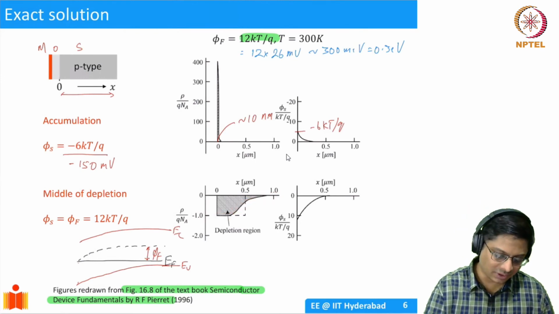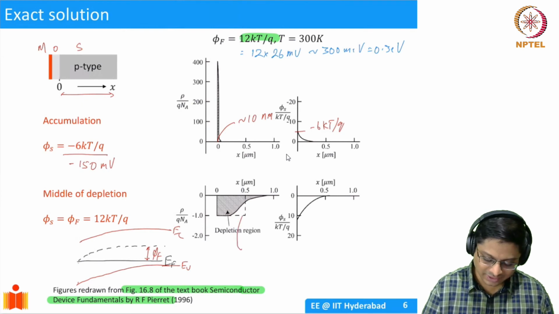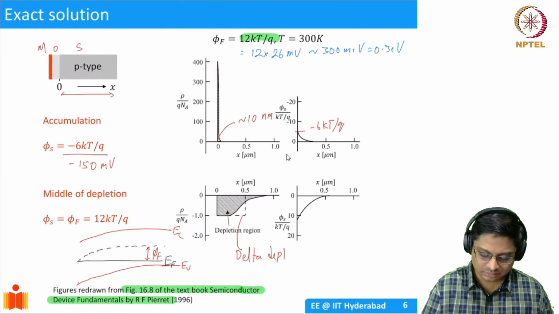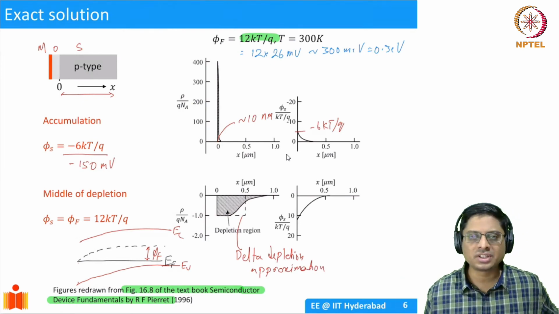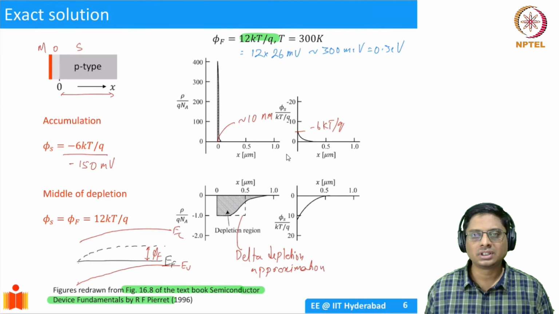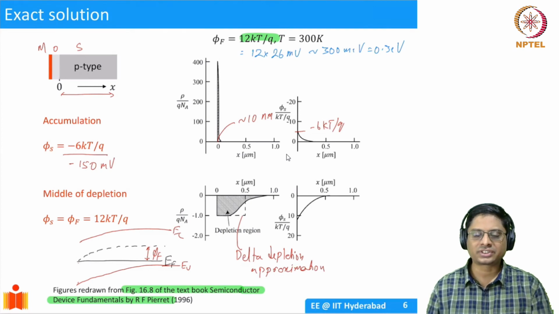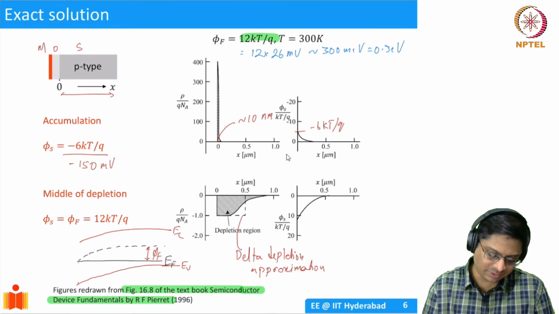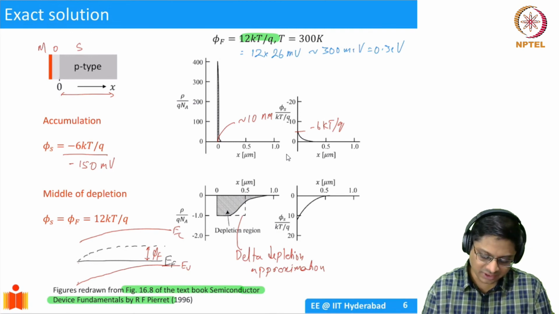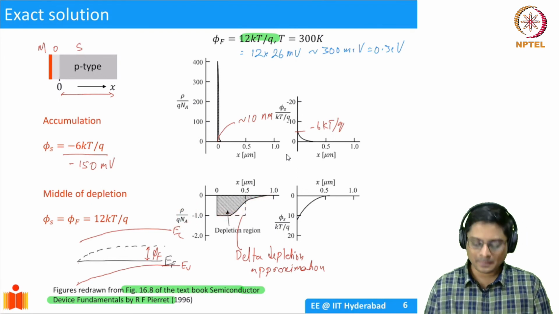And what did we approximate? We use this particular line, right? This is the delta depletion approximation. It's not actually capturing the decay at the edge of the depletion region, but it still gives you a lot of physics correctly. Okay. And so that's why we keep referring to this as uniform charge density, right? So QNA all the time. And that is exactly what you will see in the simulation.